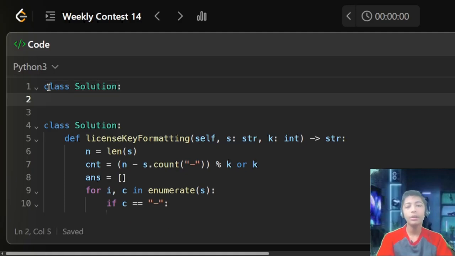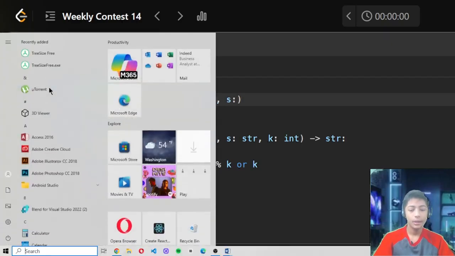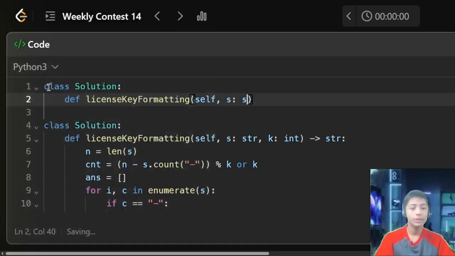Like all the people know, this is a rule of LeetCode. Whenever we start to solve any question on LeetCode, we define a class Solution. def licenseKeyFormatting(self, s: str, k: int) -> str: